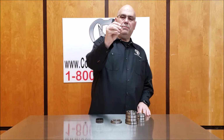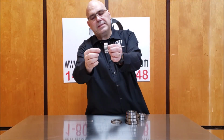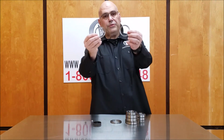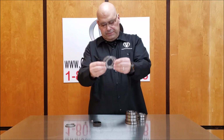a small ball bearing, a double row plastic needle bearing, 2 thrust bearings, 2 Torrington bearings,